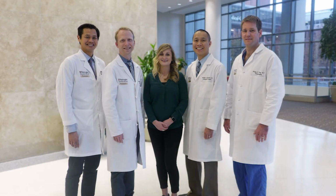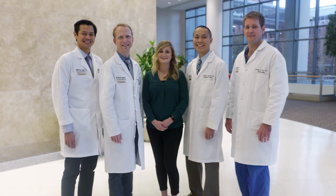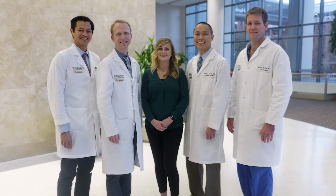So we're fortunate we have a complex peripheral nerve clinic, which is a multidisciplinary clinic with myself and several other surgeons, Dr. D and Dr. Wilson, another hand surgeon and a neurosurgeon. And we collaborate with our physiatry colleagues who also help us to identify patients who have these injuries to their nerves. And sometimes it's things such as simple as carpal tunnel or cubital tunnel, which is kind of the kissing